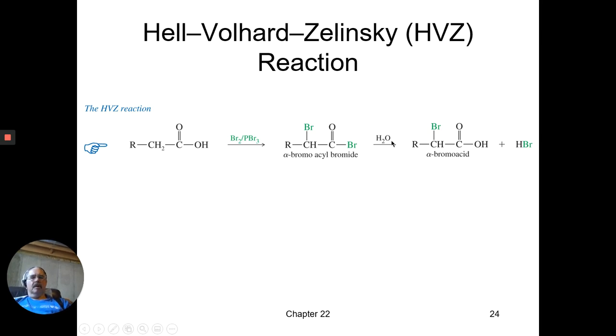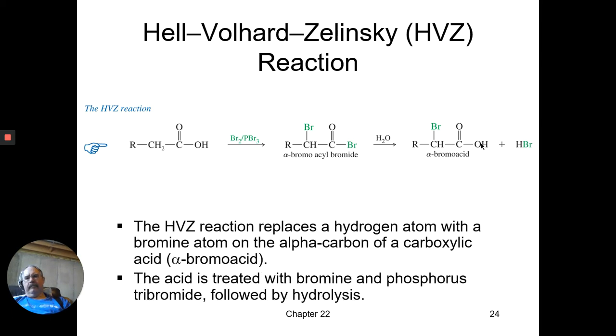In the presence of water, the acyl bromide gets hydrolyzed. It's much, much more reactive than the alpha bromide. And we can get an alpha bromo acid. The acid is treated with bromine and phosphorus tribromide, followed by hydrolysis. Now, historically, the HVZ reaction was used to prepare amino acids, which are building blocks of